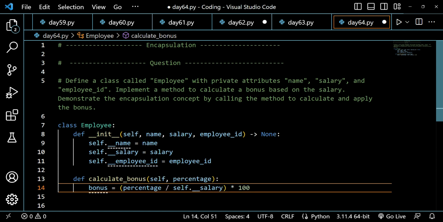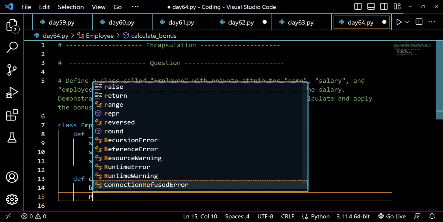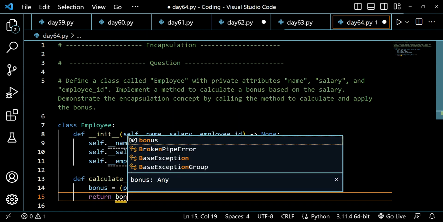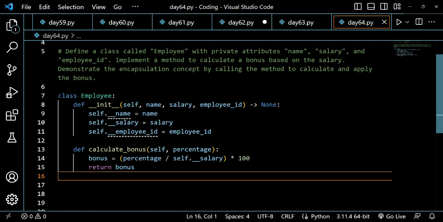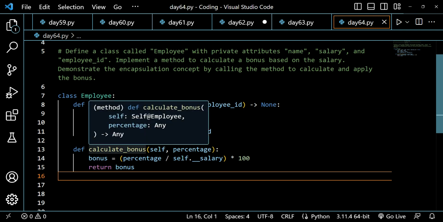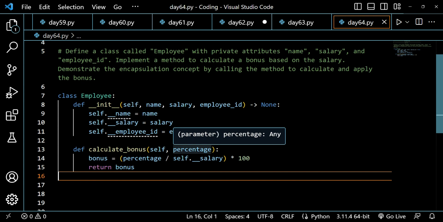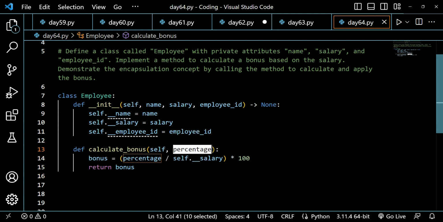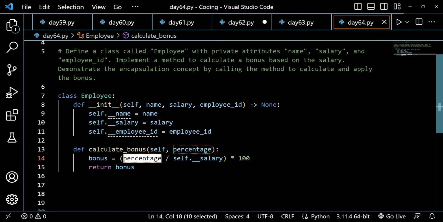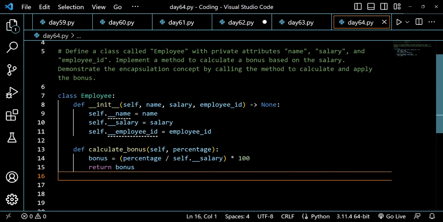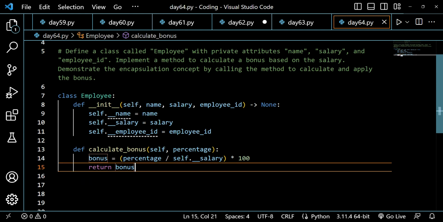So this is how I will be creating my bonus here, and if I return my bonus, it will just return me a bonus value. So what I did here is something simple: to calculate the bonus, I just pass two arguments, first the self itself, and the second argument I will pass here is percentage. So let's say there is a 5 percentage. All right, so 5% and divided by salary, so into 100, this is how we will be calculating the